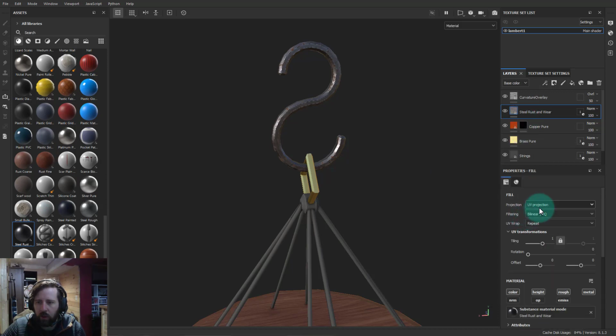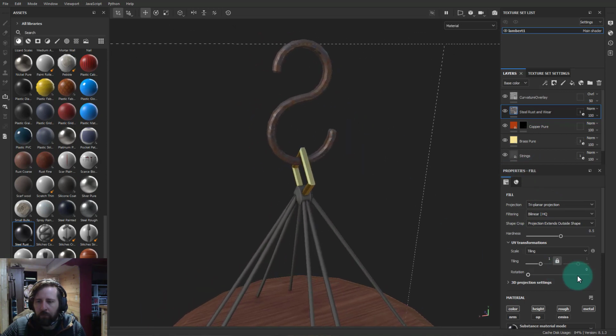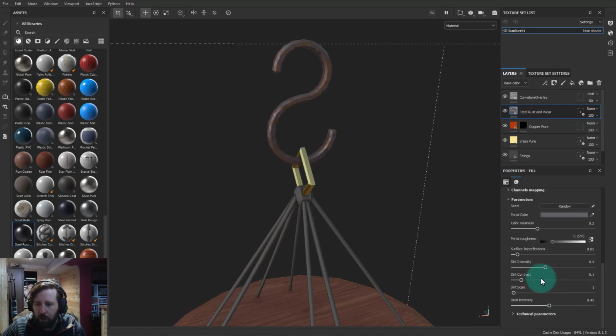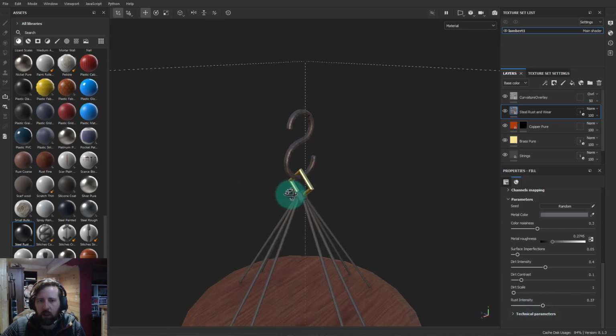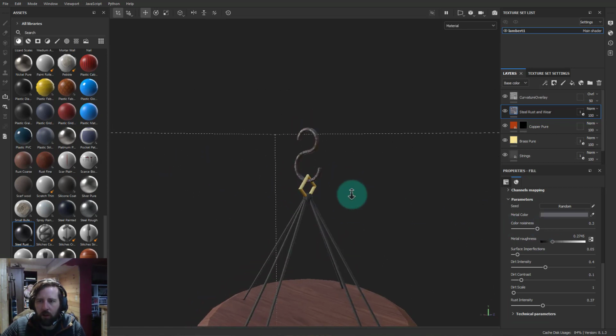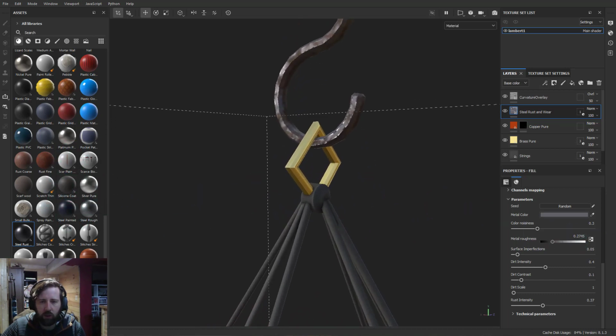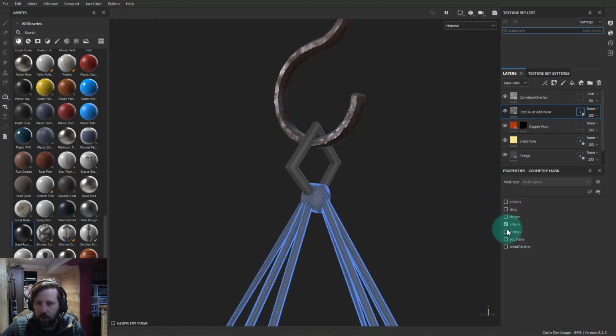And then let's turn on UV projection to triplanar. I should have done that first, because now I want to turn the rust down a little bit. Something like this, that's fine. And then let's change that to, what does it look like if I just